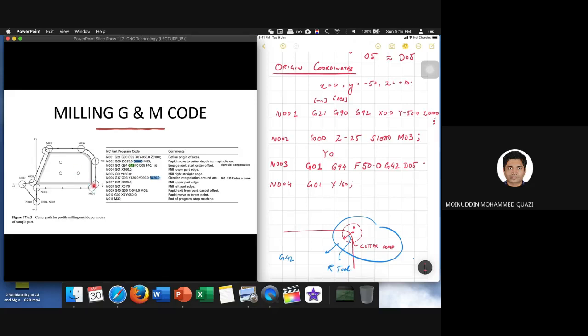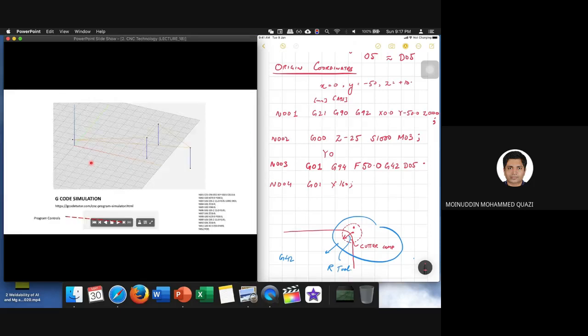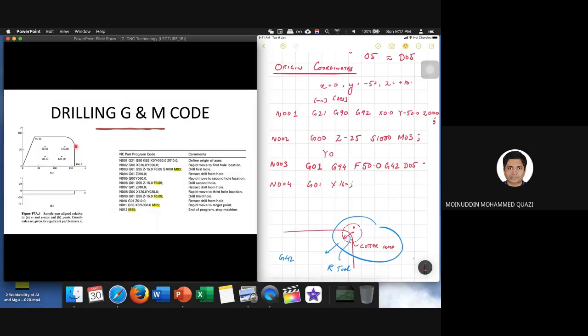Now I am at this position. Now I want to move here until this point. So what is the coordinate of this point before the curve starts? This is also linear interpolation until this point. From here to here is Y 70, the distance from here to here is 70.